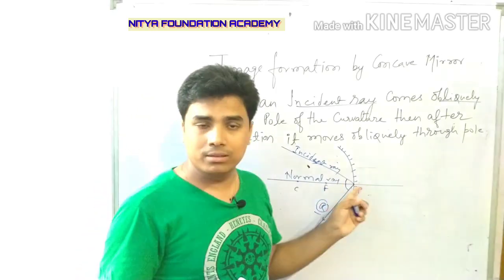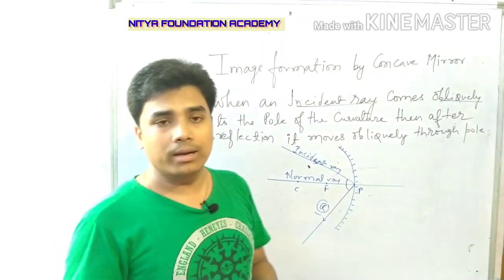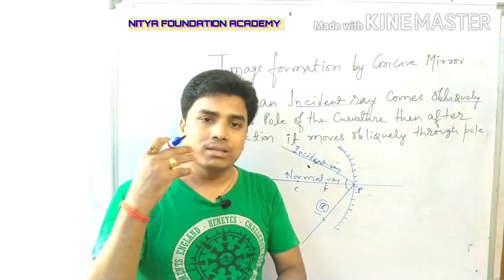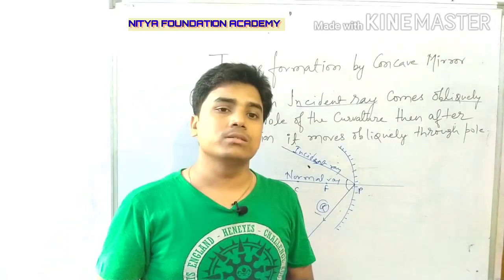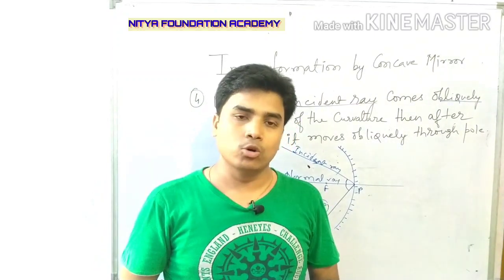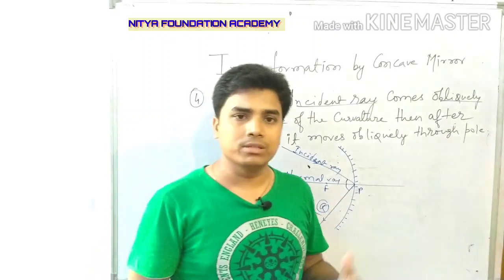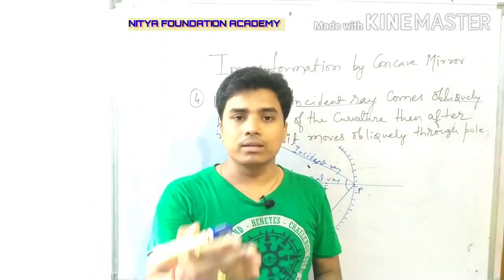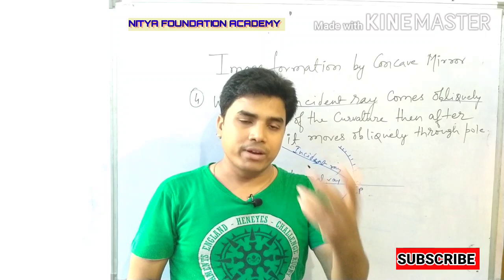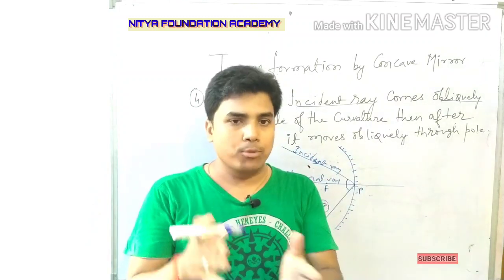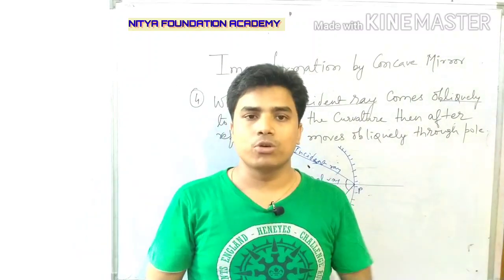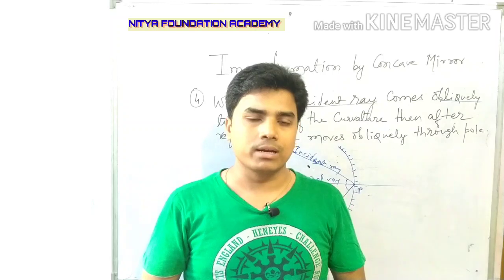So I hope you understand this complete formation of image, and I already said before that with the help of these rules we will be able to make the other 6 images, which is the main important concept required for your exam. So I hope students you have understood this. With the help of this image formation we will understand in the next video what the 6 image formations are which are very important in the concave mirror, and their properties like nature of the image, size of the image, position of object, position of image. We will understand all these things in our next video.